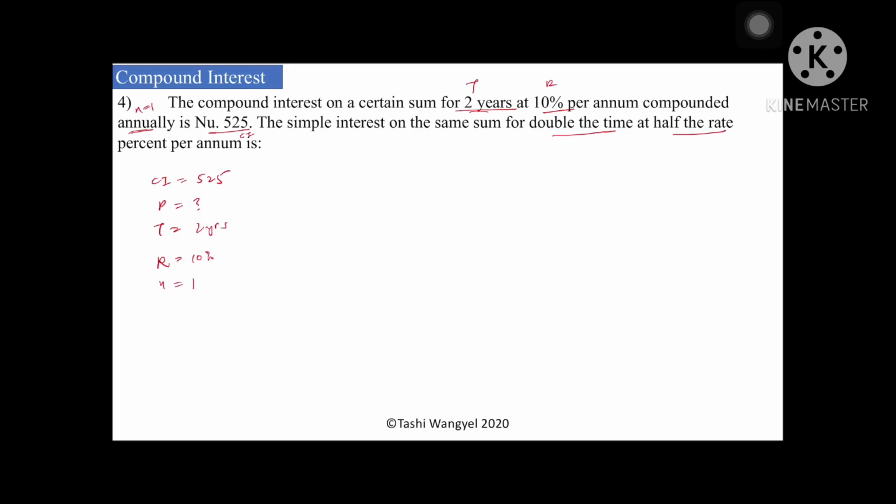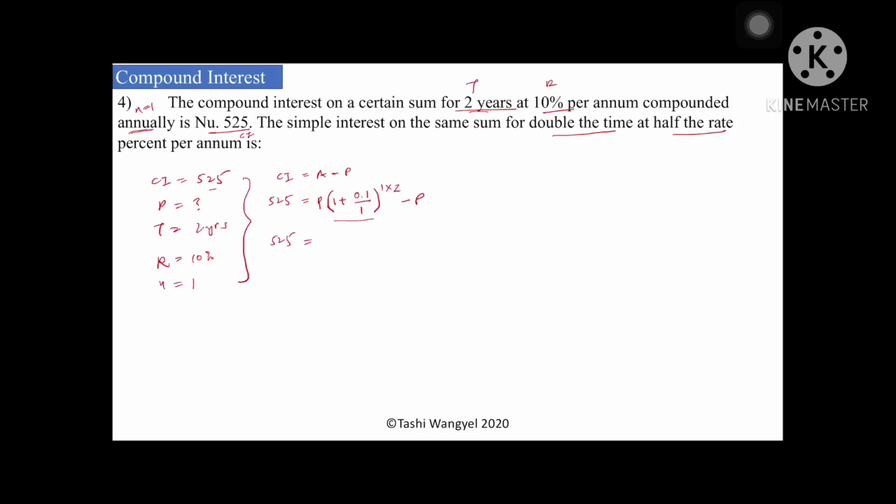First the principal. We know that compound interest is amount minus principal. Using the formula, 525 is equal to P(1 + r/n)^(nt) minus P, where r is 10 by 100 which is 0.1, divided by n, compounded annually, n times t, 2 years, minus principal. So 525 is equal to